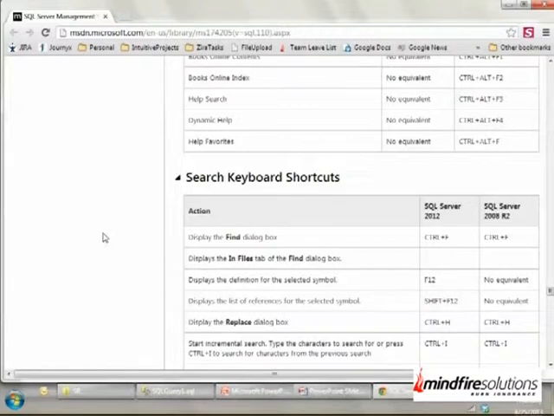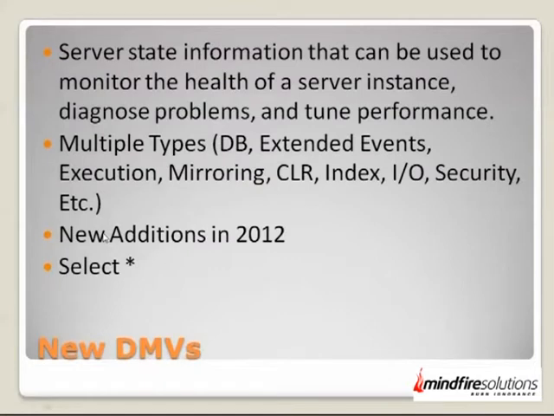Okay, then DMVs, dynamic management views. What are dynamic management views? Any quick thoughts? Have you used a dynamic management view? Okay, dynamic management views are mostly considered as something that will help a DBA, a database administrator or a system administrator who does multiple things to make sure that the SQL Server is in good health and the system is in good health, and what all the features are that are getting used, what all the indexes are that are getting used. You can get multiple information out of dynamic management views.